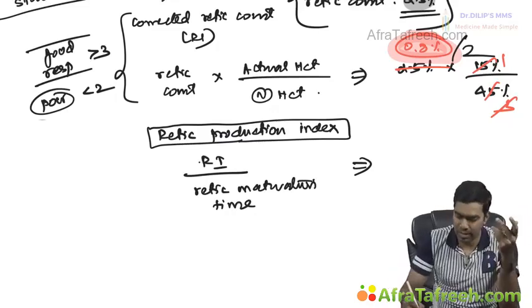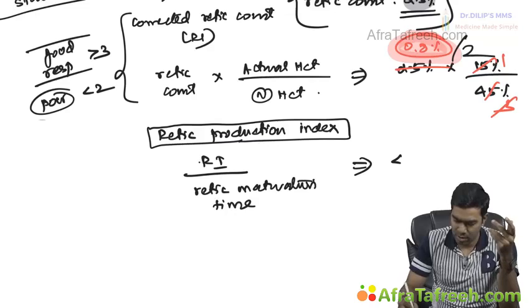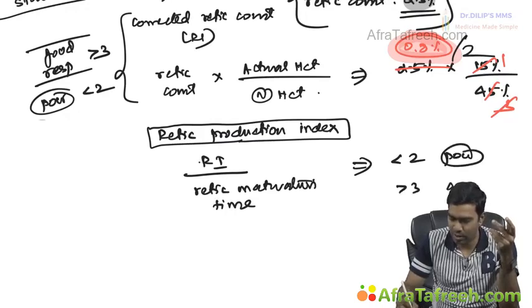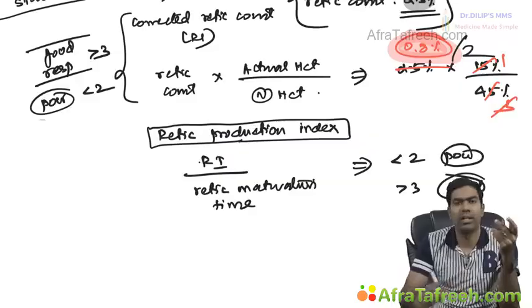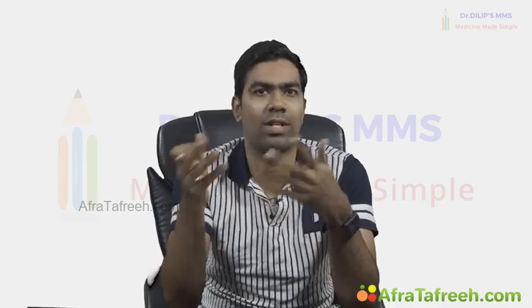So which means again, if it is less than 3, I can tell it's a poor response. If it's less than 2, I can call it a poor response, and if it's more than 3, I can call it a good reticulocyte response. So whenever you have anemia, don't take the actual reticulocyte count, always do something called a reticulocyte index or reticulocyte production index. Which is actually relatively good because your actual reticulocyte count may not actually reflect the true